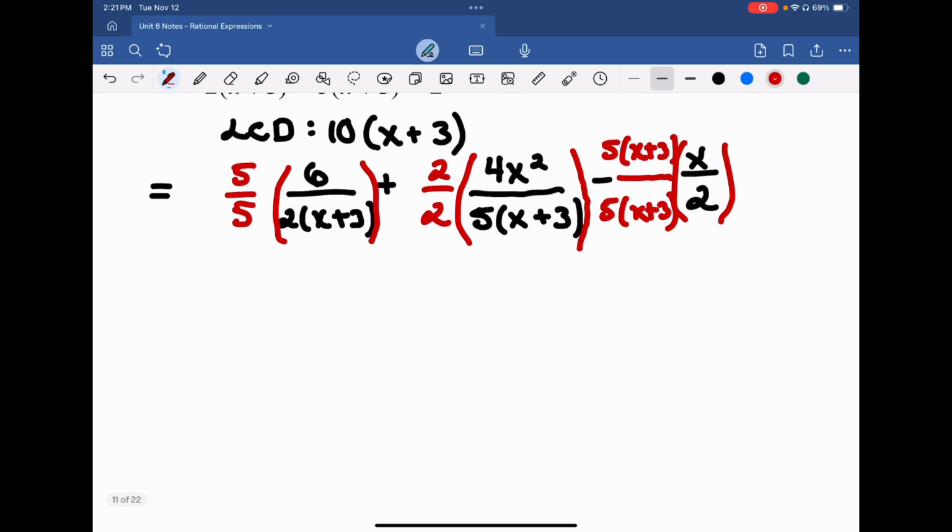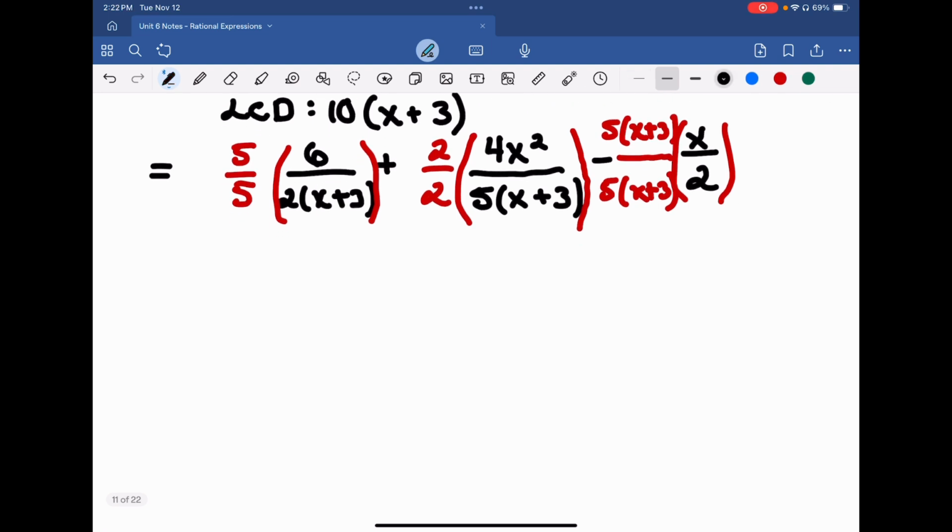Perfect. A little bit squishy, but it will do. Now, from here, what we're going to do is expand them all out. So in the numerator, 5 times 6 is equal to 30, plus 4 times 2 is 8x squared, and then